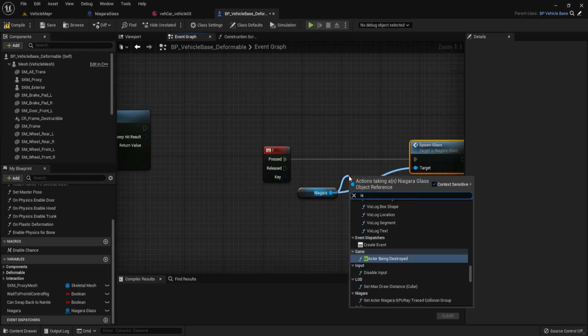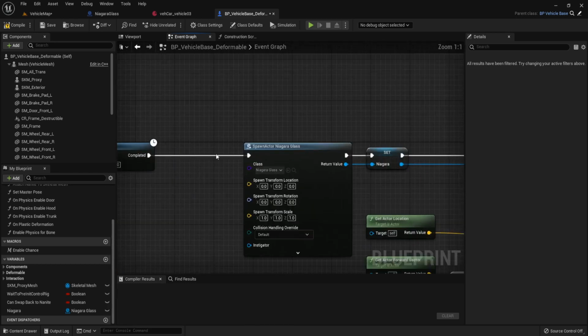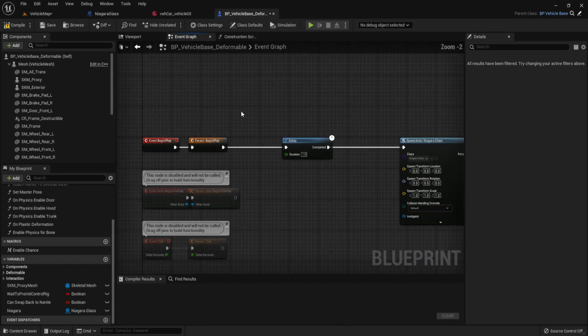Call is valid, and only call this event when it has the Niagara that we already spawned in the begin play.